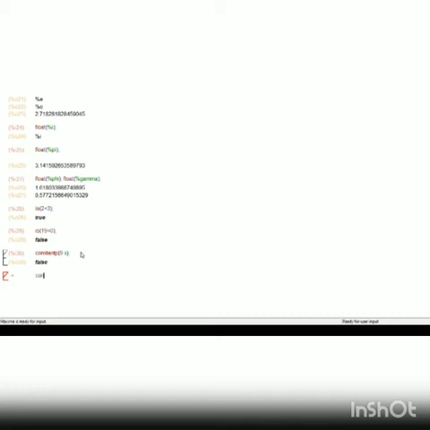Now I'll give you another example. Constant predicate x square minus 4. What does it display? False, because there is a variable x square. Now constant predicate of 3 cap 2. What does it display? Yes, it displays true, because 3 square is constant. So this is how you can verify whether the given expression is constant or not.